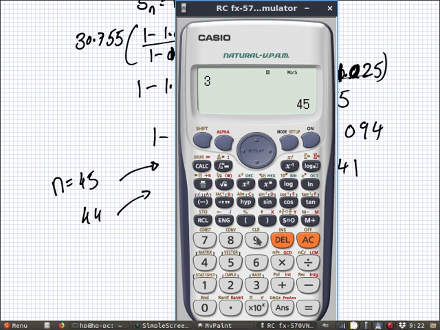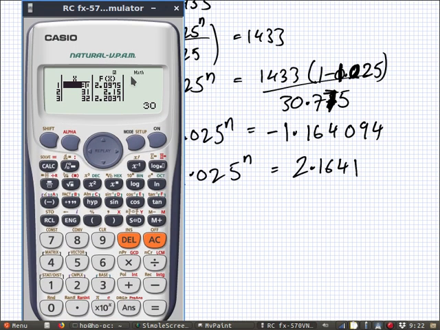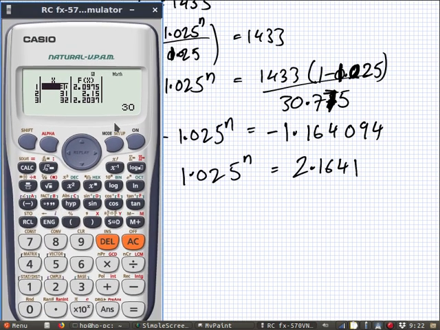Let's check all the answers between 39 and 30, going down in minus 1. Oh, it doesn't like going backwards, sorry. That's what it is. I have to go forwards. 30 to 39, and we go up in ones. There we go. So what the calculator has done is it's put in all the values between 30 and 39,